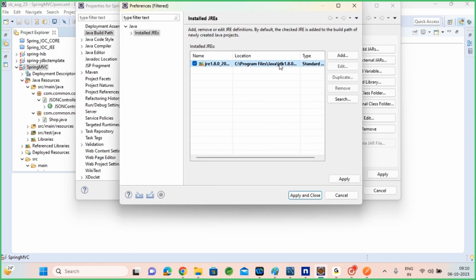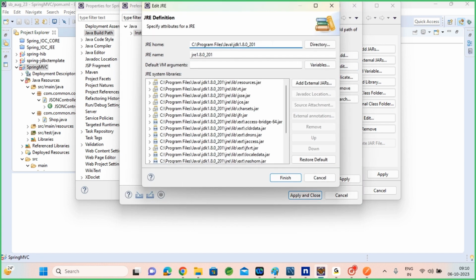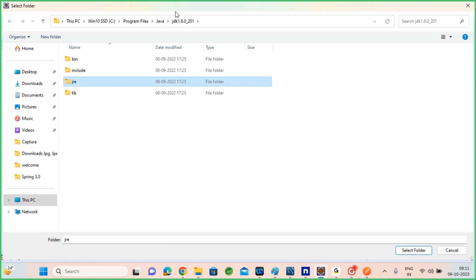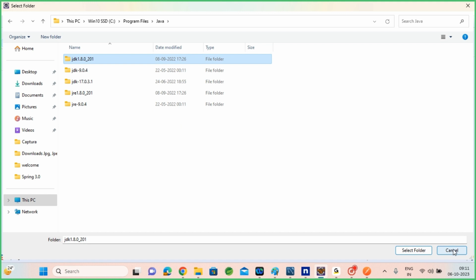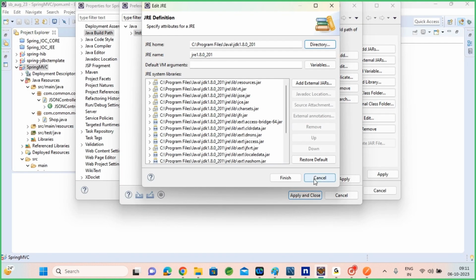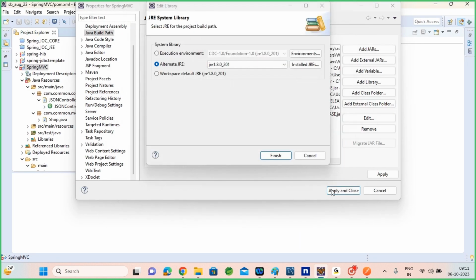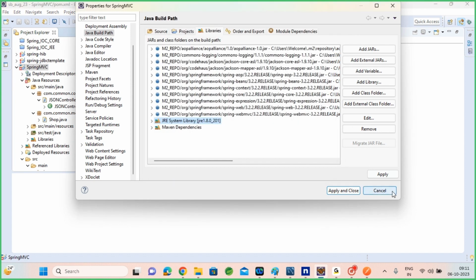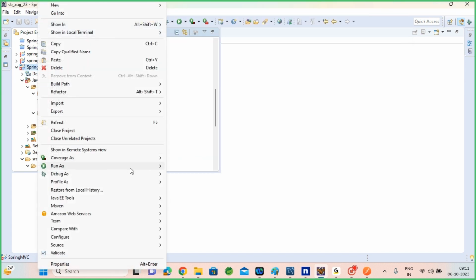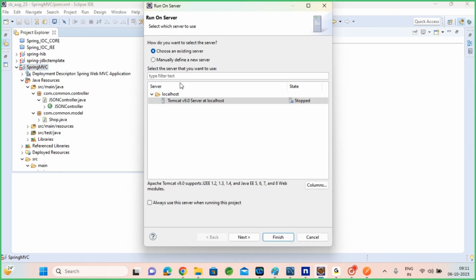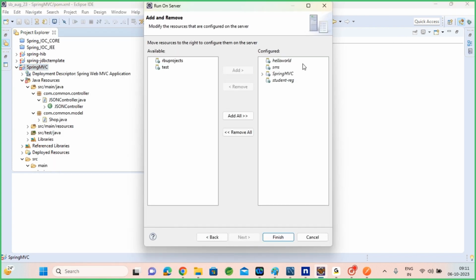In Install JREs, I just edited it and gave the JDK path, directly pointed to JDK. So while choosing, instead of JRE, the main route to JDK itself is selected. Okay. As soon as it is deployed,